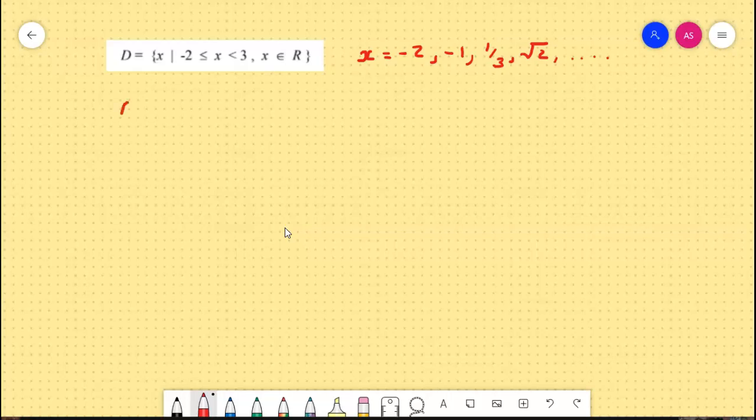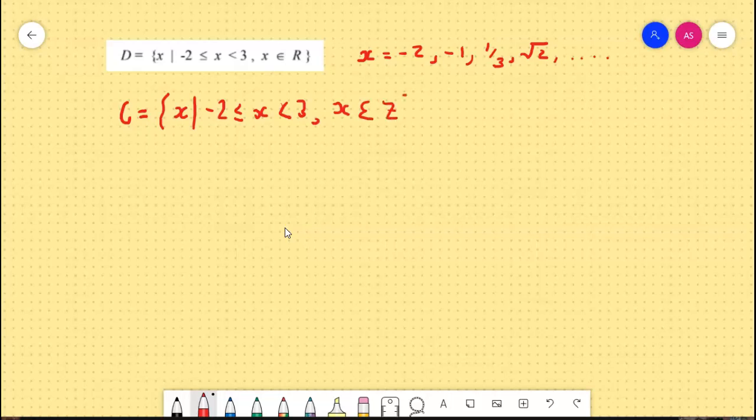Let's make up another one. Let's call it set C, with a little squiggly line here, and we'll say that this time X is between -2. Now we're going to use exactly the same thing, between -2, including -2, and less than 3. But this time we're going to change this last condition, and we're going to say X is an element of